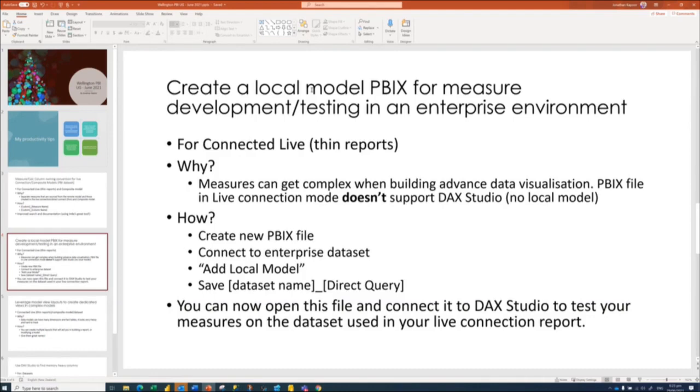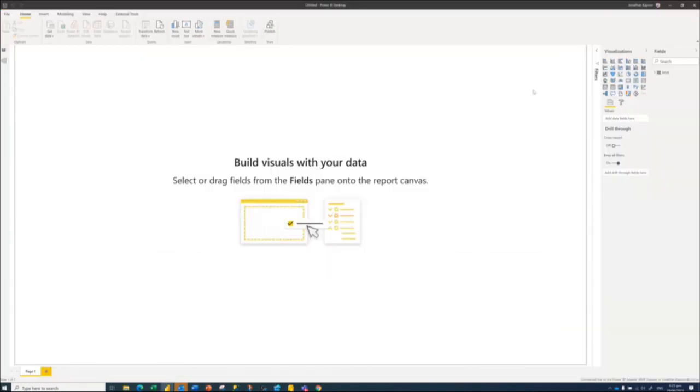it. So I've got a couple of these models, and the way to do it, just to walk you through it quickly, is I've got an example here. So here is a report. It's currently connected live to the Power BI dataset. If I want to turn this into my little development tool, my bridge between the enterprise dataset and DAX Studio,